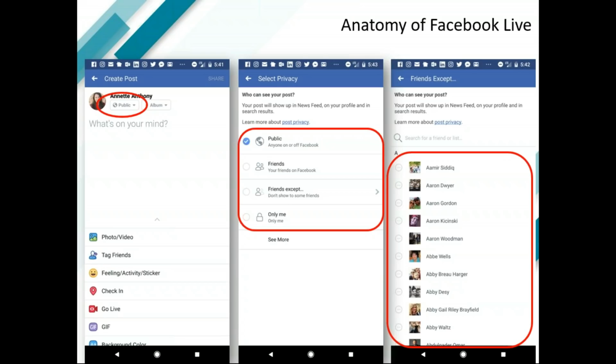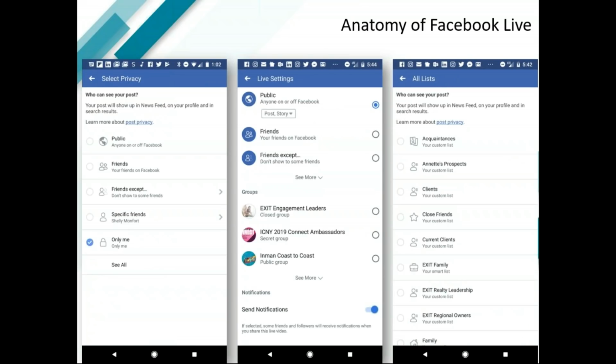Now, under the friends except option is only me. Let's talk about that. The only me option is really great. Actually, it's genius, because this enables you to go live, but it will only be seen by you, okay? So use this to practice. This is absolutely a great option for a beginner to practice.